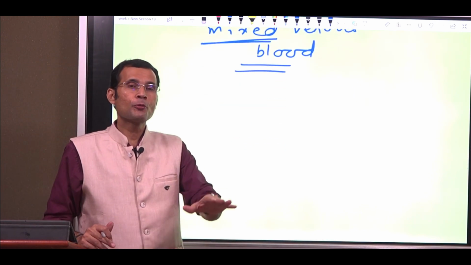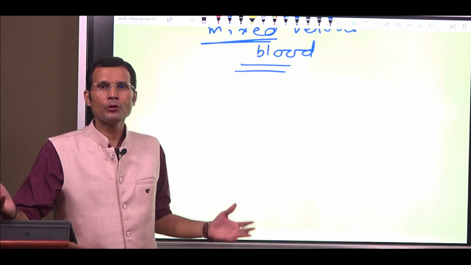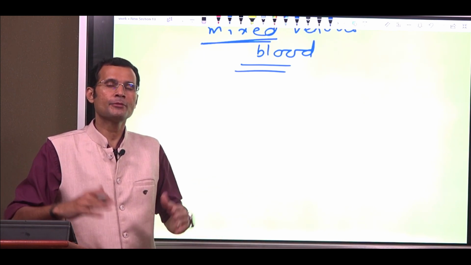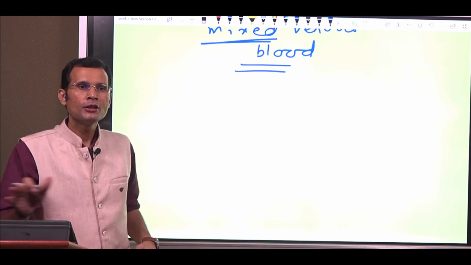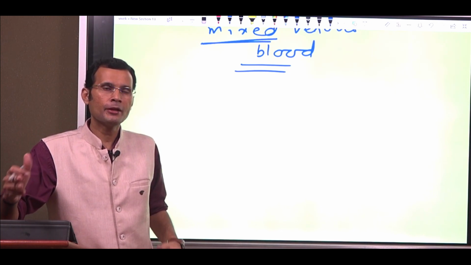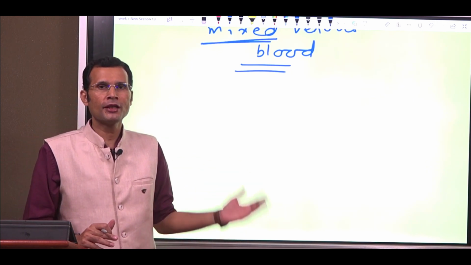Look, there was no problem with the arterial blood because all arteries essentially contain the same volume percent or same saturation of oxygen till the blood reaches tissues. So no problem, you can collect a sample from any artery and it will be a representative sample for the entire body.